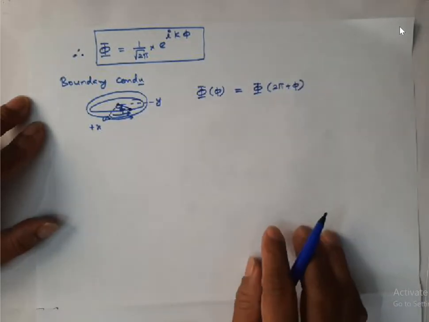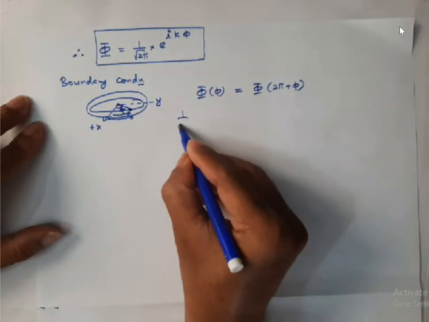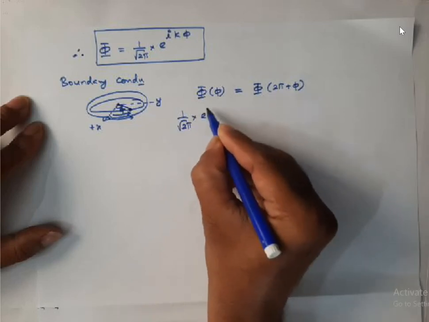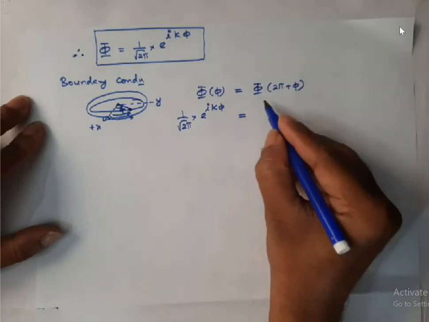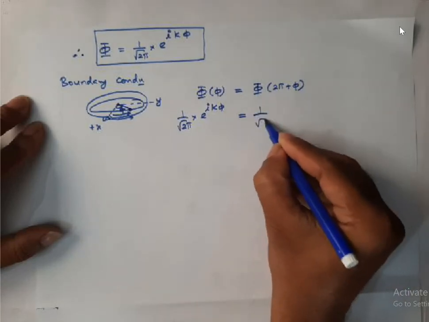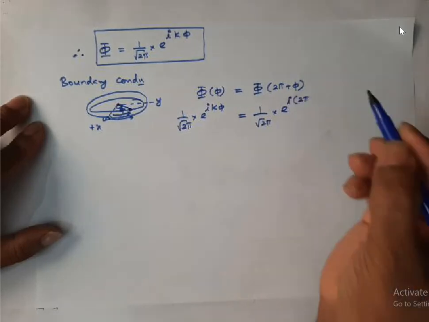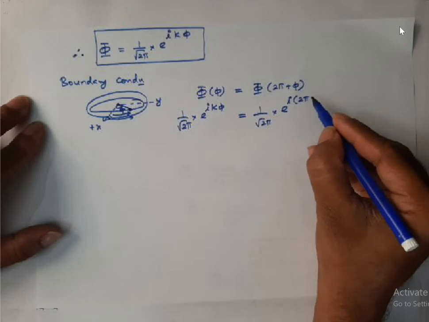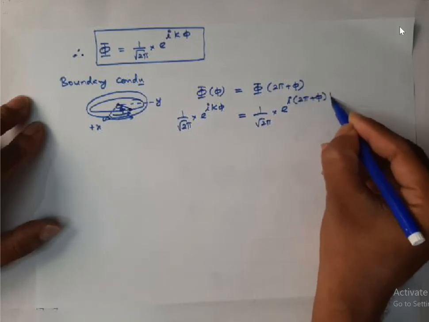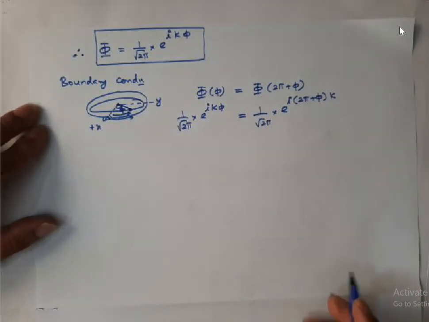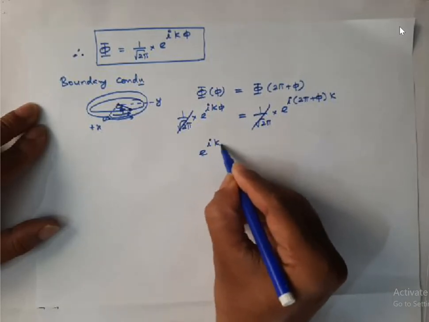These two should be same. Okay, therefore what is the wave function formula? The wave function is 1 by square root of 2 pi into e power i k phi, equal to 1 by square root of 2 pi e power i k into (2 pi plus phi). Here you can separate, 1 by root 2 pi cancels, so e power i k phi